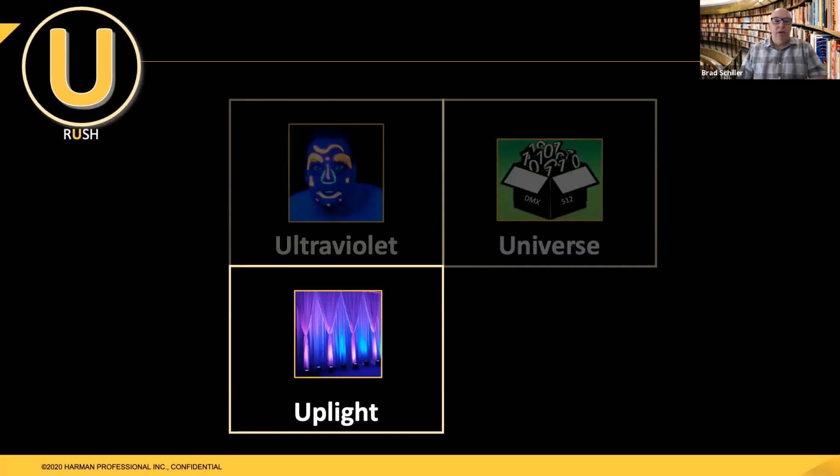Uplight is a great look. I talked about downlight earlier. Uplight, of course, is the opposite. It's something down low, pushing upward. Uplight is used a lot in architectural lighting or in scenic looks. It's a really great look. You can also use it for that scary feeling of a light shooting straight up at someone, like when people hold flashlights for camping out and telling ghost stories. Uplight is a great look, again, for a lot of scenic elements as well.